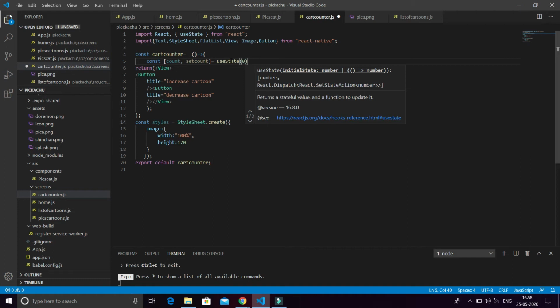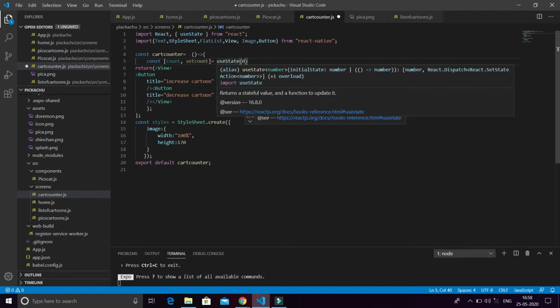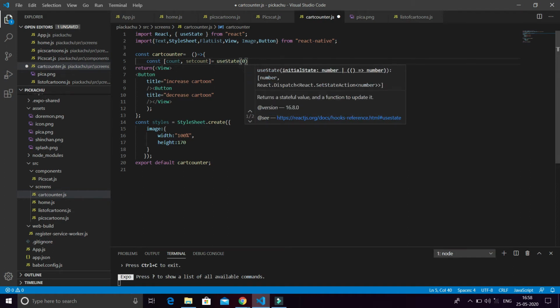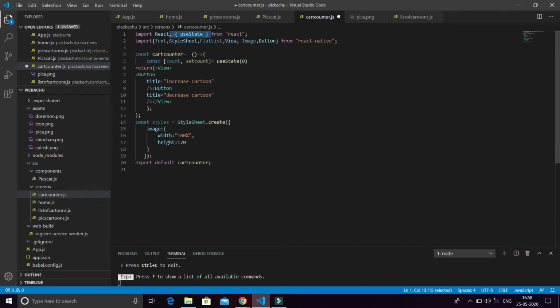Whenever I type useState and press tab, you might see it comes in curly braces at the import. If it does not come, you have to import it from React. After doing this, I declare an array of count and setCount, and put useState as 0, as the initial value of the state of the count.